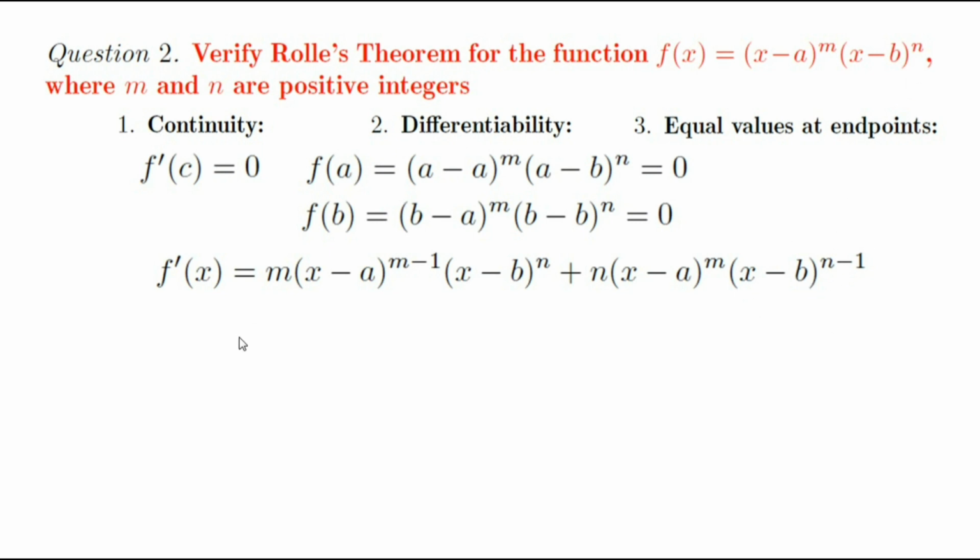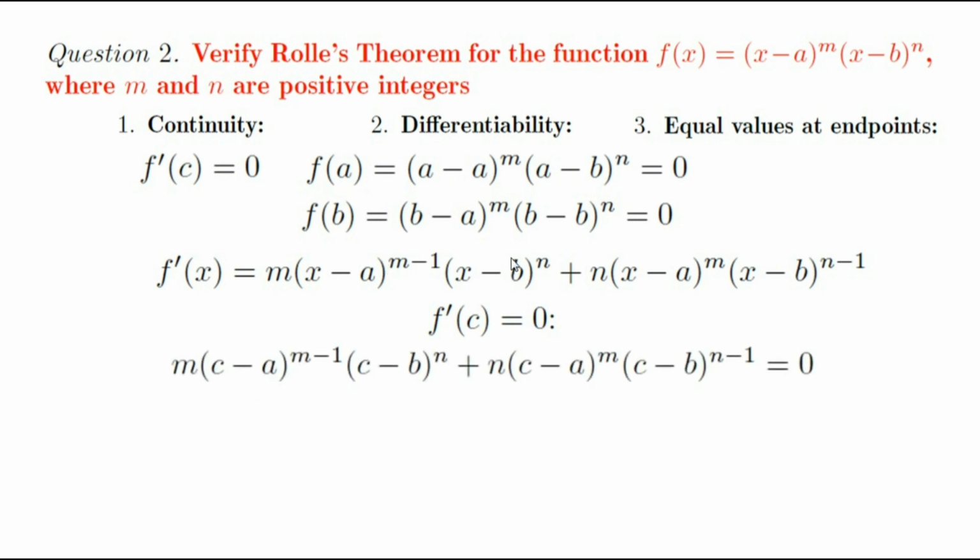Setting f'(c) equal to 0, we have m (c - a)^(m-1) (c - b)^n + n (c - a)^m (c - b)^(n-1) = 0. Here x is directly replaced with c. Thus, we have obtained this equation. This equation implies that at least one solution c exists in the open interval (a, b) where f'(c) is 0. To solve this equation,